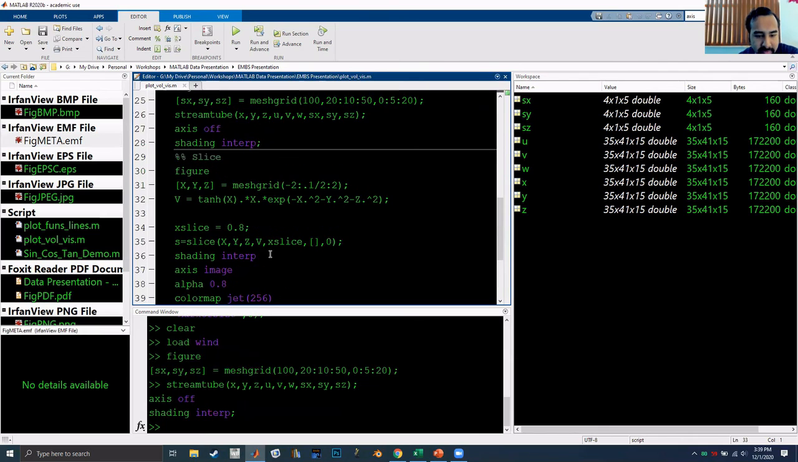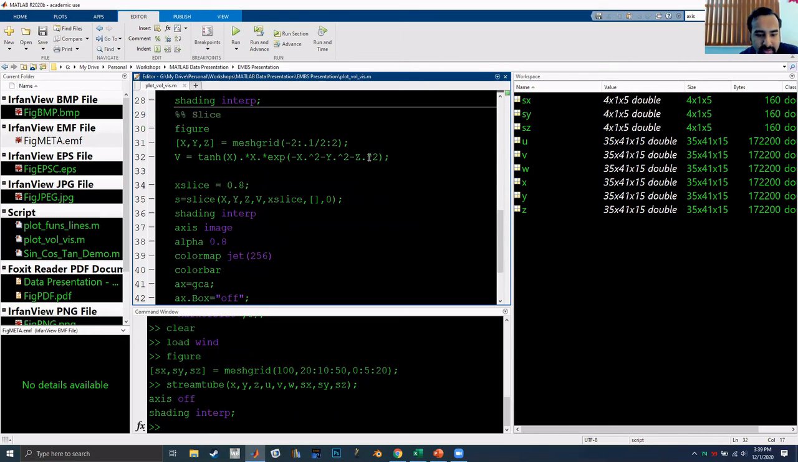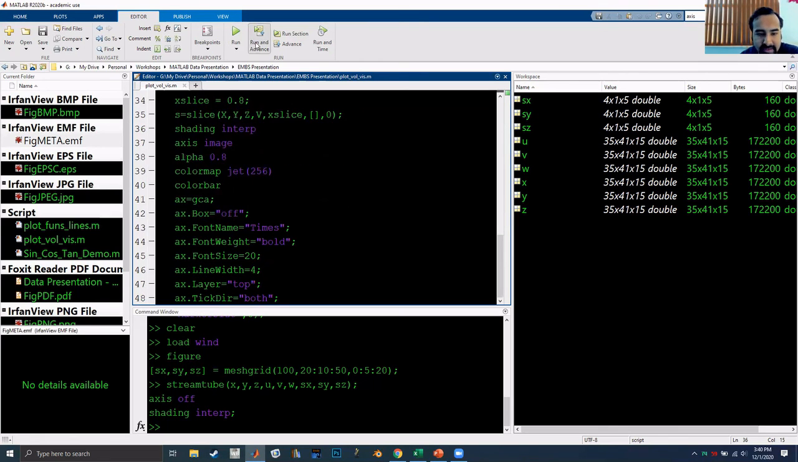And this last one is if I want to see slices of 3D data. So if I have this function here, this hyperbolic tangent times x times exponential of this, and I want to just see a slice at, let's say, x equals 0.8, then I can just use slice, give it the x, y, and z data of my mesh grid, give it the v data, which has all the values, and say I want to just see what the value is at the x slice. Ignore what the y is. I want to see all the y, but I want to focus in on the z equals 0 slice. If I run this instead,